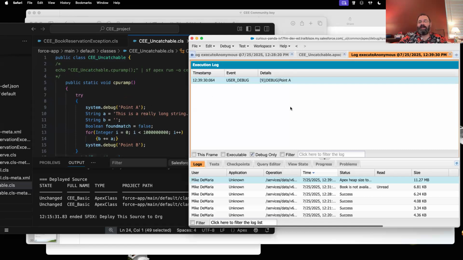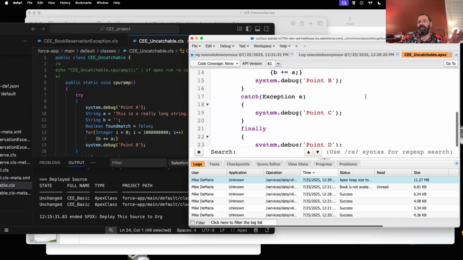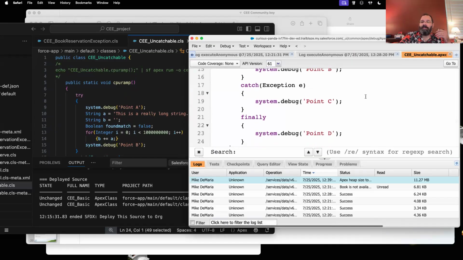As developers, these suck because you can't catch them and handle them. And the only way really to deal with that is to refactor your code, change around the way you do your system, do more error checking. Check the size. If you get too many queries, you've got to check if the queries are too big. There's a bunch of different techniques you could use, but unfortunately, try catch is not one of them for those.